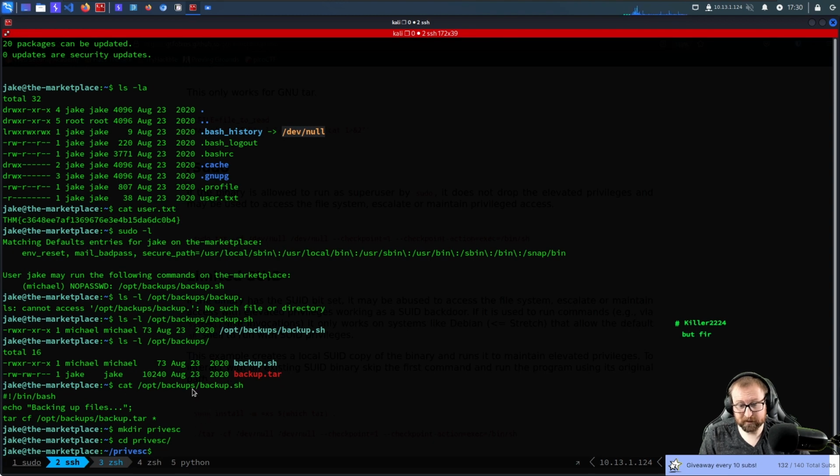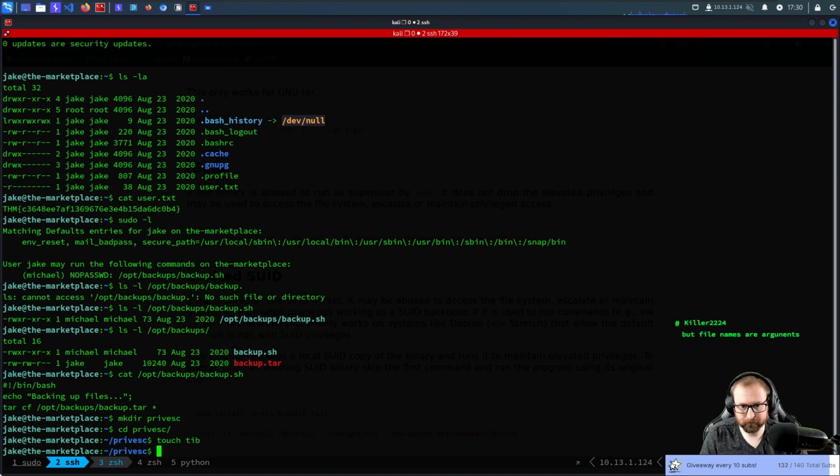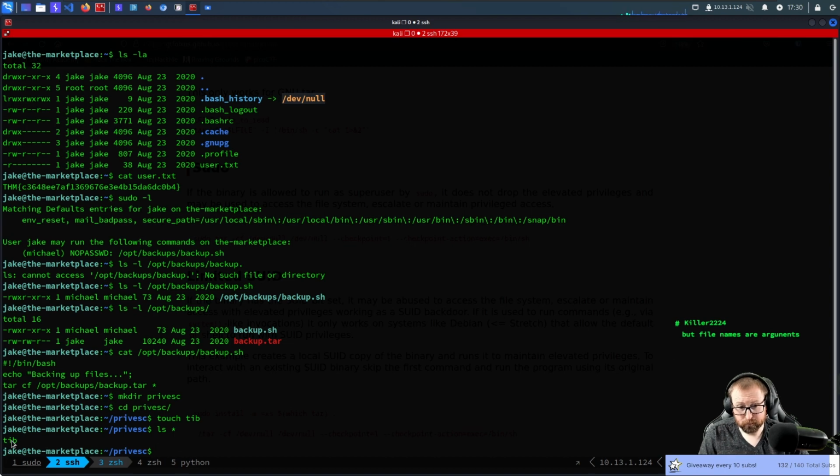Right? And it turns out that Linux is very, very nice when it comes to file names, let's say. So, let's just create a file called tib. Okay, and if I do ls asterisk, we get tib. Yeah?